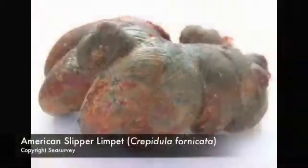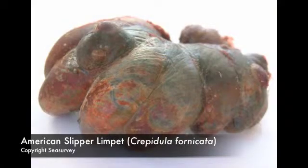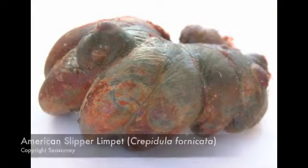Alien species are animals which have been introduced from outside UK waters. These usually come in ballast water in ships, but they can also be introduced in aquaculture products. One example of this is Crepidula fornicata, the American slipper limpet, which was introduced first in 1872 in Liverpool Bay. This limpet came in with the American oyster,